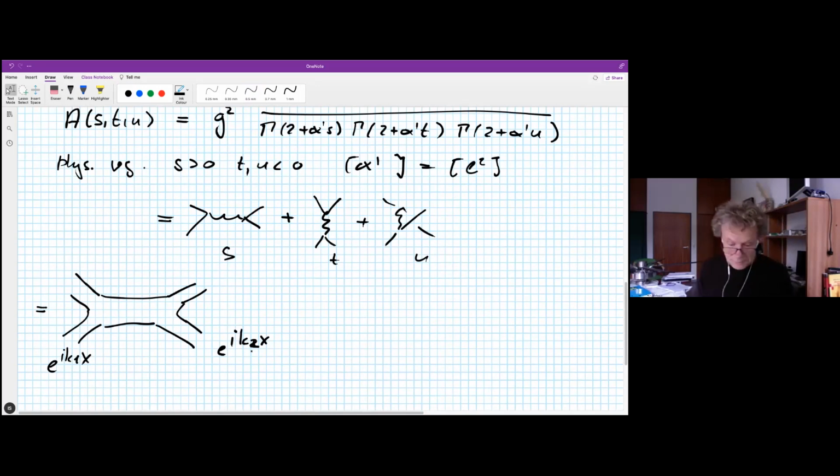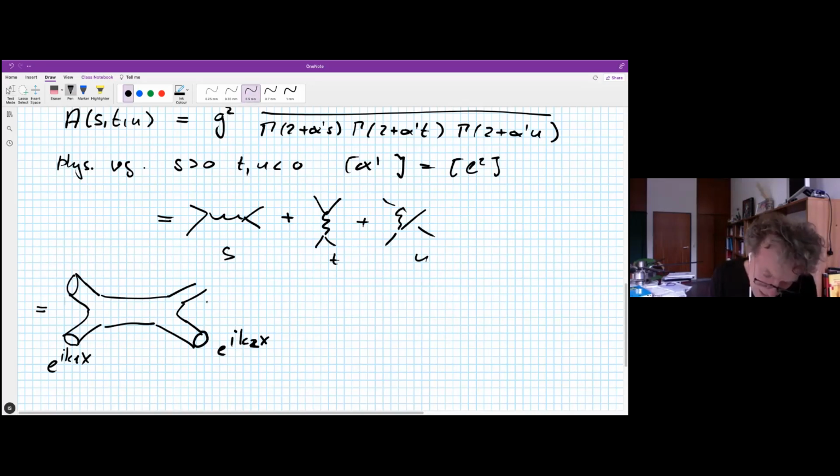And that, of course, is not enough. If it was just that you had the two plane waves which are colliding, that would be perturbatively scattering two scalars. That's fine. But in fact, you have to add higher spin particles. And one way to parameterize that is you introduce an auxiliary circle, which is purely here for